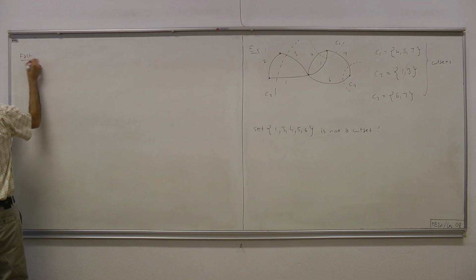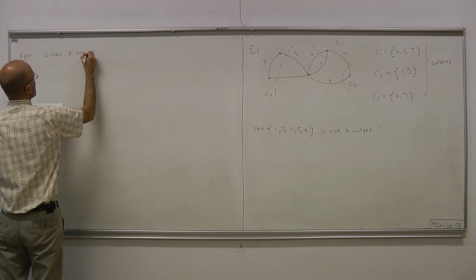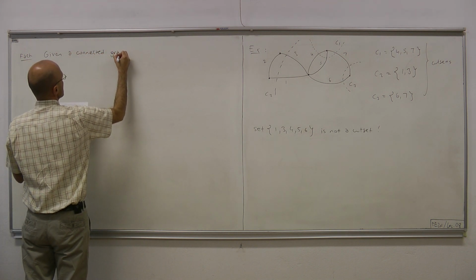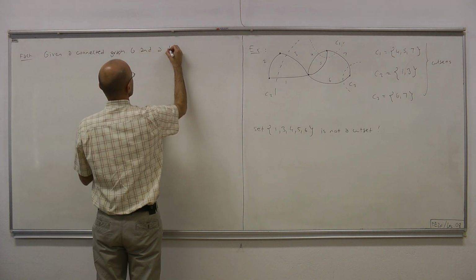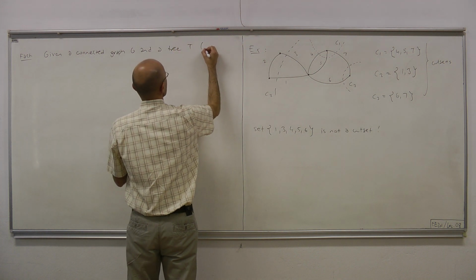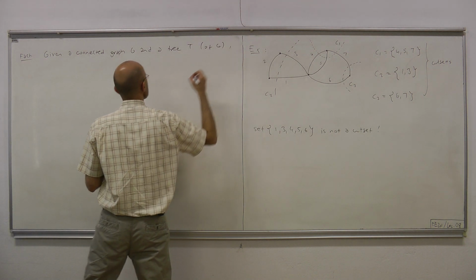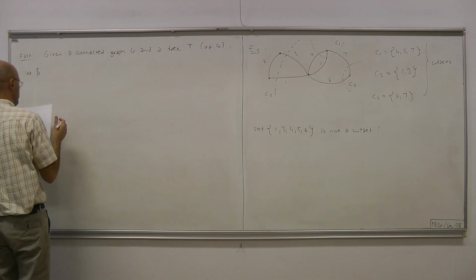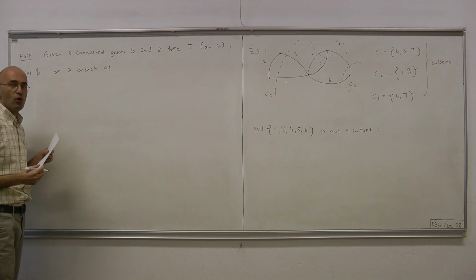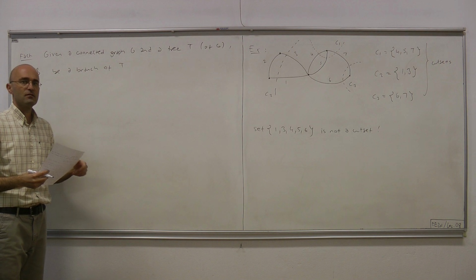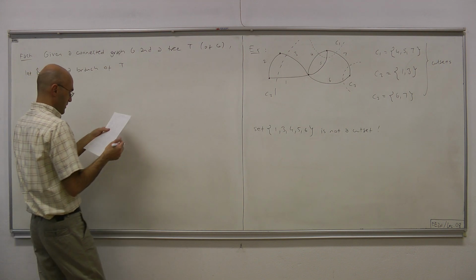Here is a fact. Given a connected graph G and a tree T of the given graph G. Let beta be a branch of T. Well, automatically it's also a branch of G because T is a subgraph of G. Then